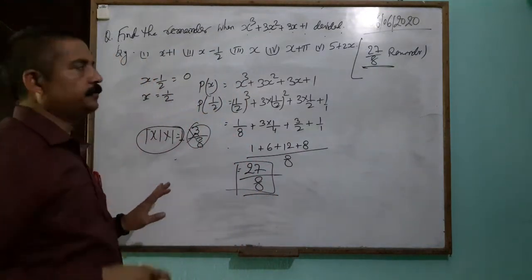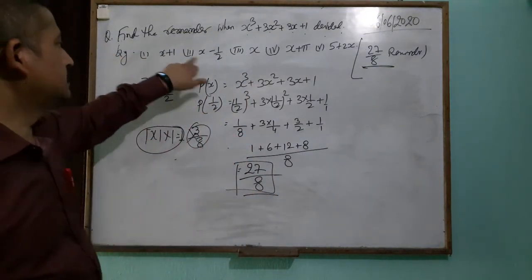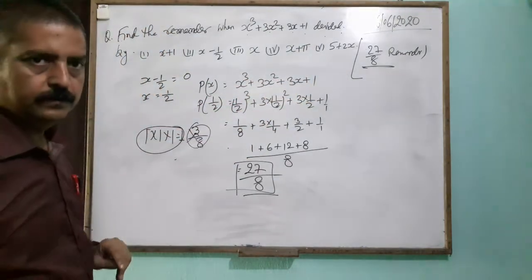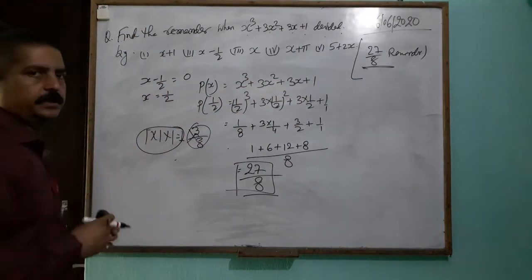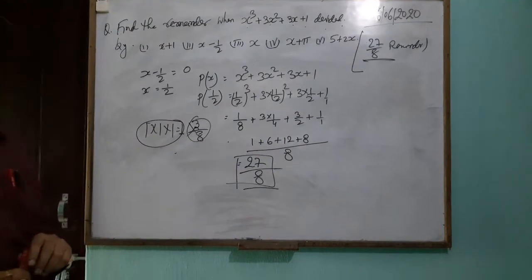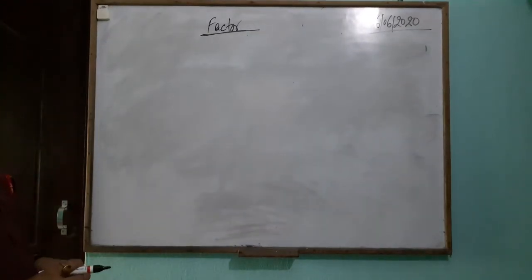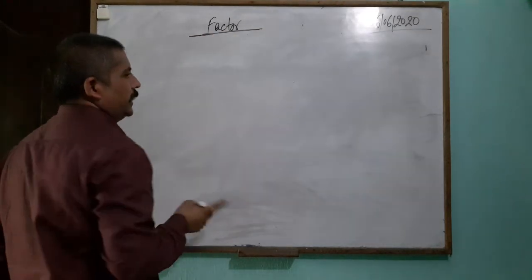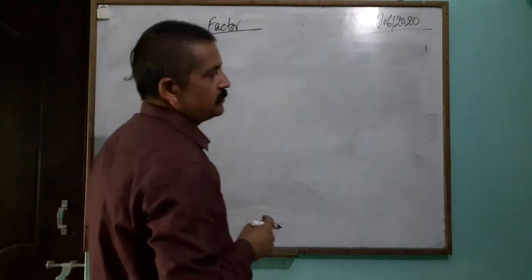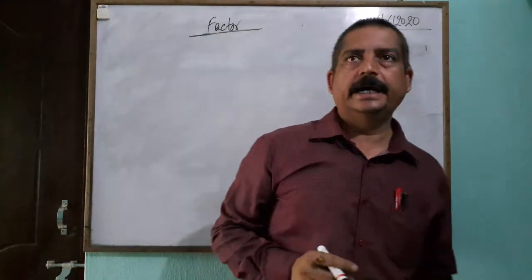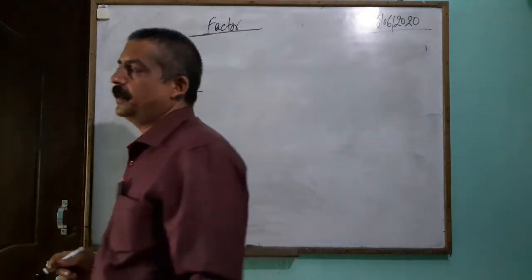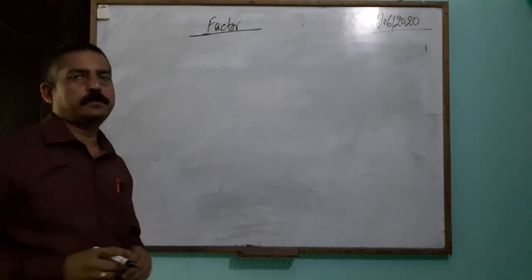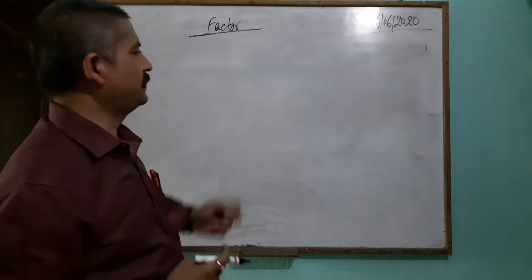So the rest of the questions we do in our homework. Next questions have to be discussed. So the next topic is the factor. In the previous part we discussed the remainder, and the next topic is the factor. Then we continue with the factor theorem, where we explain on the basis of the factor.